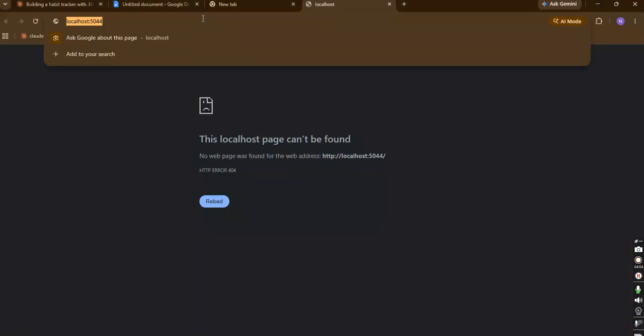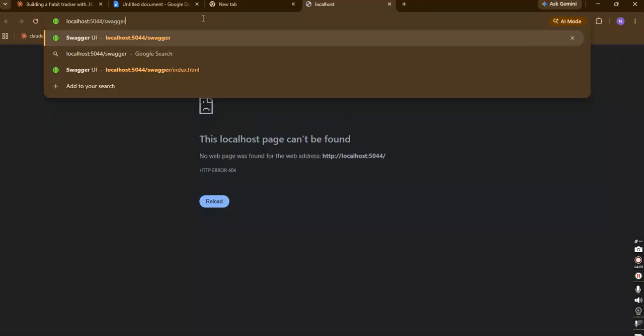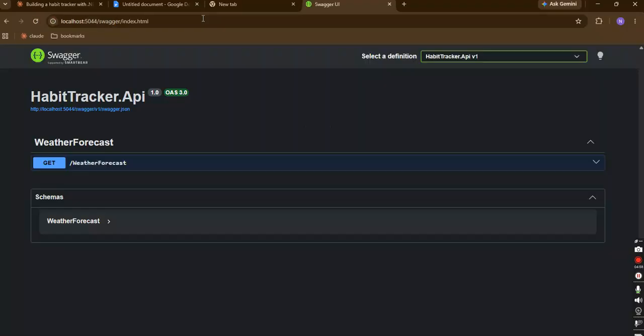Don't worry, you just need to append the URL with something like this. So you can see the Swagger UI, and also you can